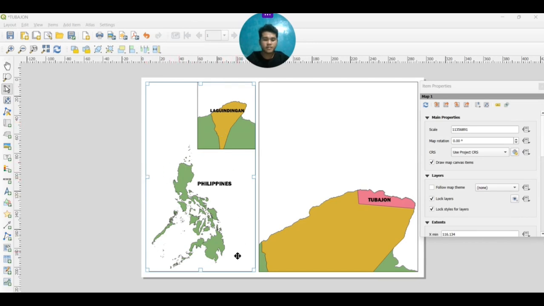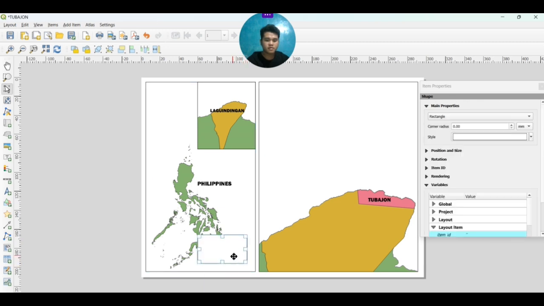So this is the Philippines. Now we will have to specify where this is, because it is a big map. In this case, this is in Mindanao, Philippines. Here we just click on this part. I want to show you here. Then after I click it, add shape, rectangle in my case, and drag it.